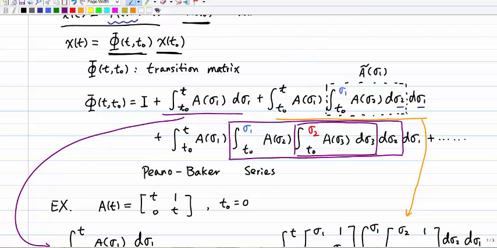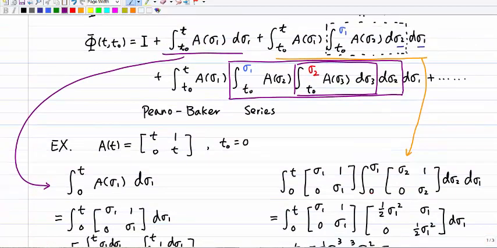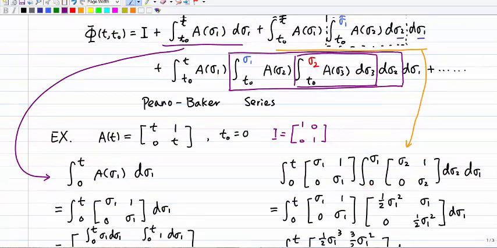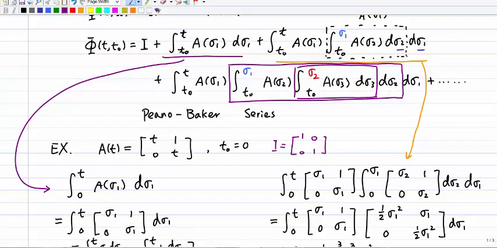Let's say I have A(t) given by [t 1; 0 t]. So this is my 2 by 2 matrix. For this case, the identity is just [1 0; 0 1], which is 2 by 2. Assume here t0 is 0, to make it a little bit simpler. I want to compute the second term and the third term to see how complex that would be. So the first is the integration of A(sigma 1) d sigma 1,